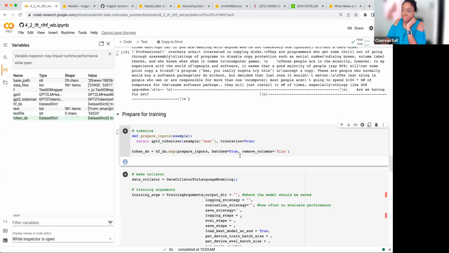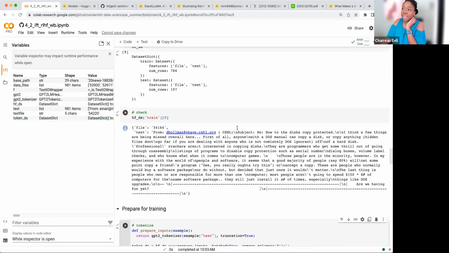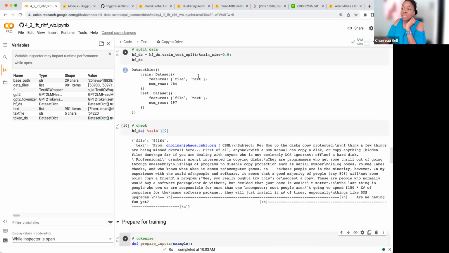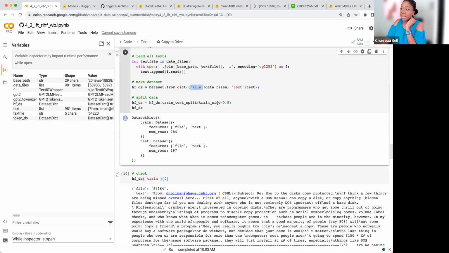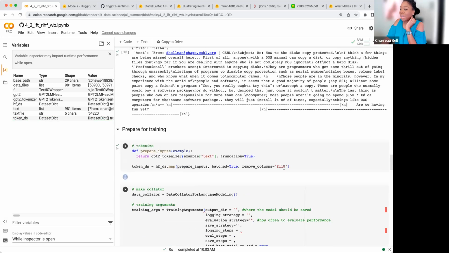Exciting, we made it. So essentially what happened is I typed this wrong. This one should have been called files, because apparently that's how I had it at an earlier time. So I needed to change that to be file as well. So now we have our tokenized data set.